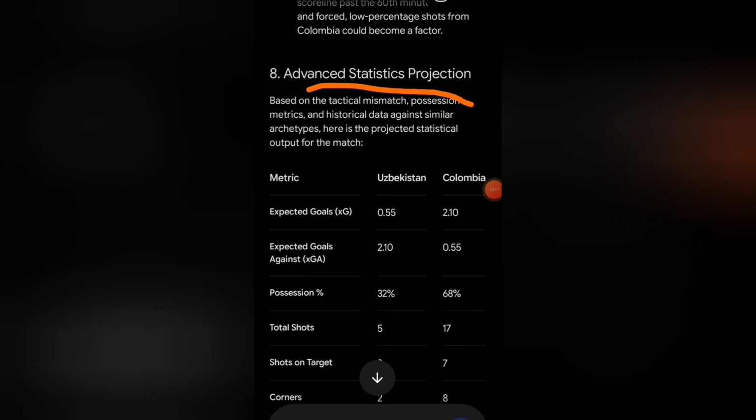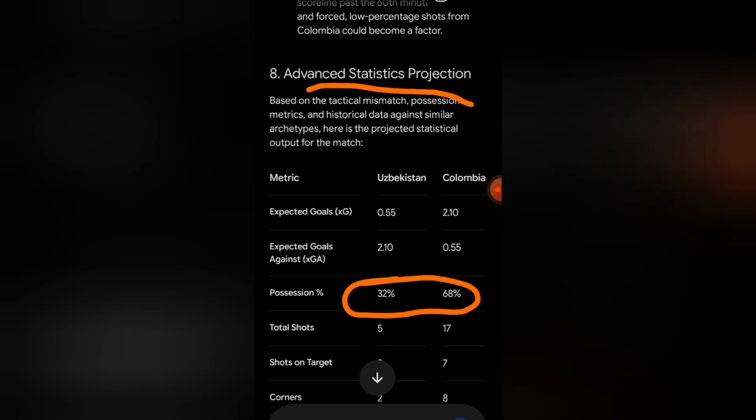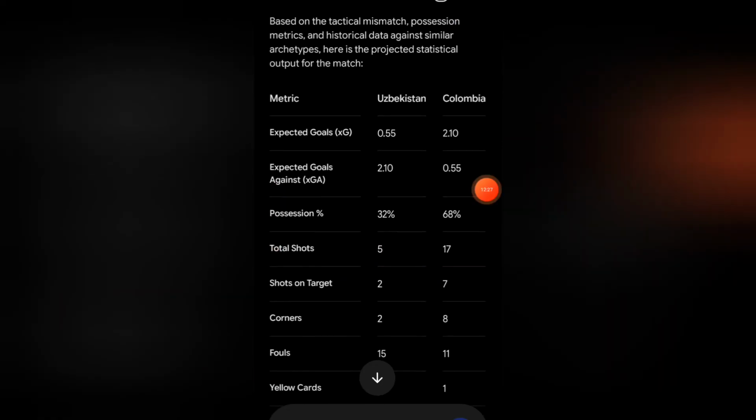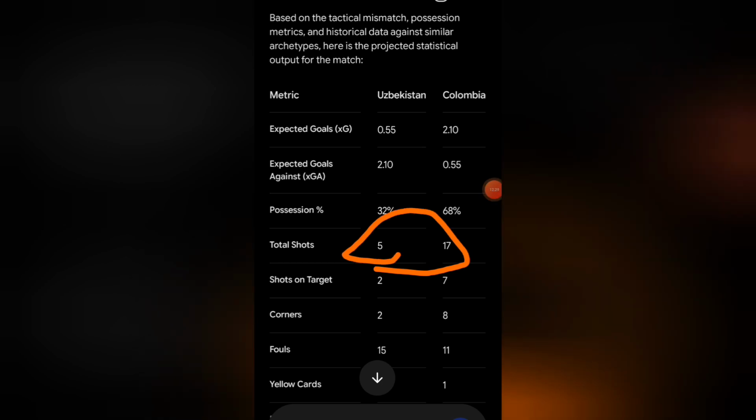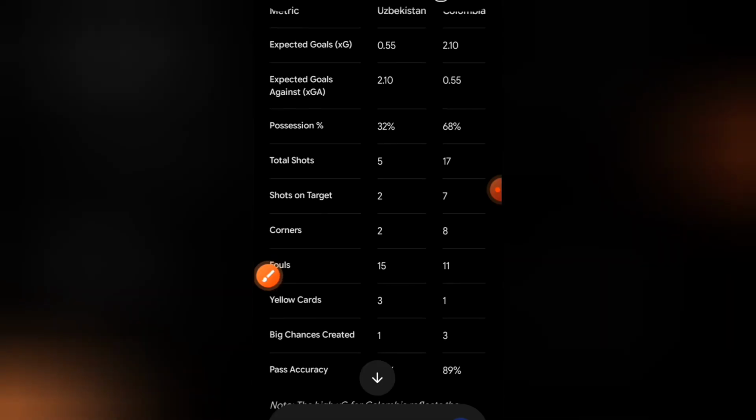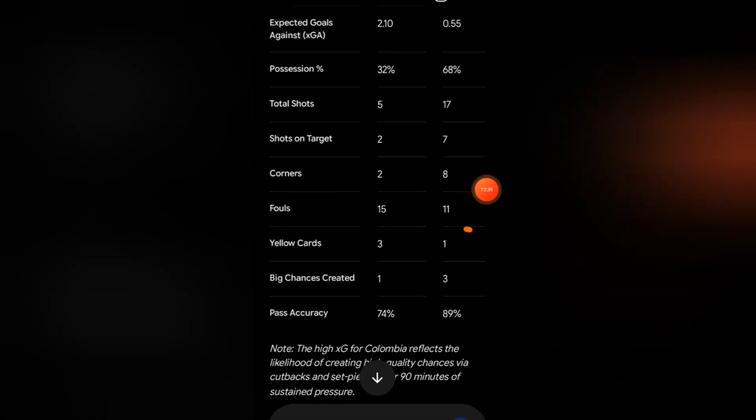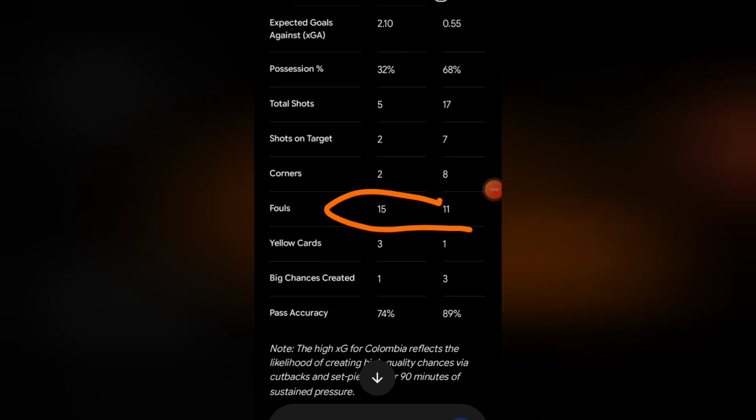So if you look into this section, we are going to look at the favorite team, since we have 68% falling under the Colombian side. And looking into the total shots, we are expecting so many shots in this game, at least probably over 18.5 total shots. And when it comes to corner prediction, don't let us go for that. And when it comes to total fouls to be expected in this match, we should be expecting more than 20 fouls. But if not, it depends on the style that the teams decided to operate on the pitch.